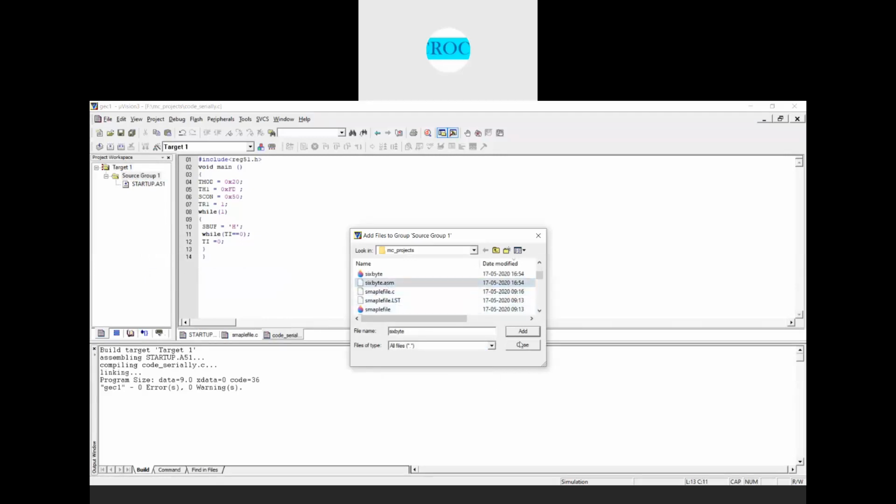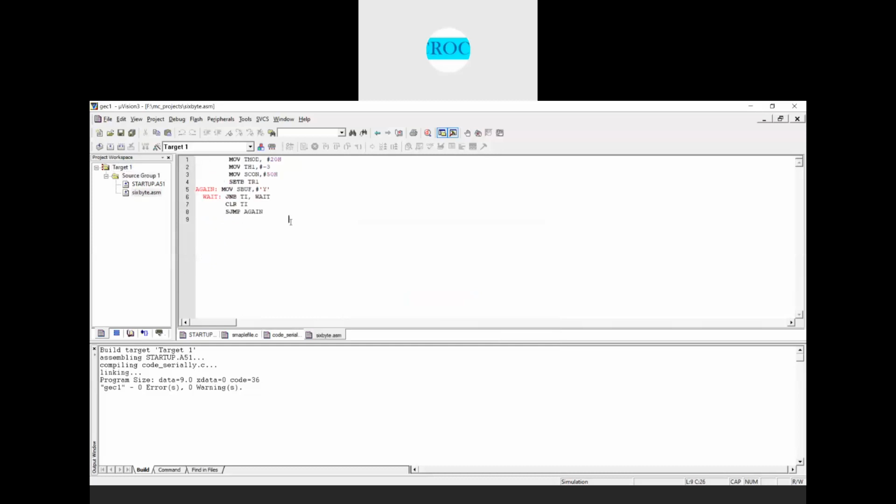Here is the code which is written. MOV TMOD, #20H: Timer 1 is selected, mode 2 is also selected, and since the baud rate is 9600, I will load the TH1 register with -3, and the SCON register is loaded with 50H. SETB TR1 here. Next, first I need to transmit the message YES serially. First, MOV SBUF, #'Y', right? First I need to do that one.